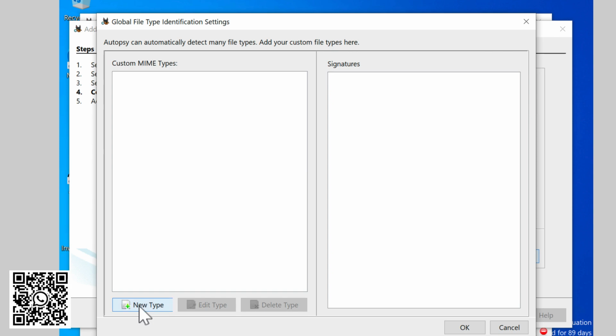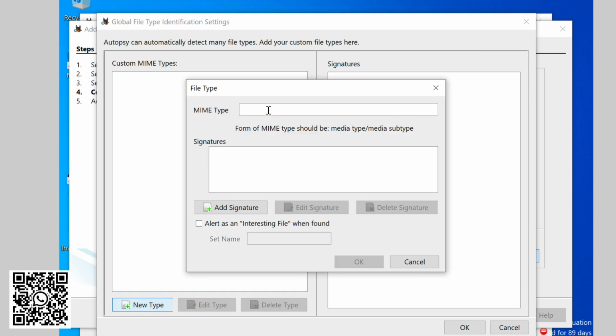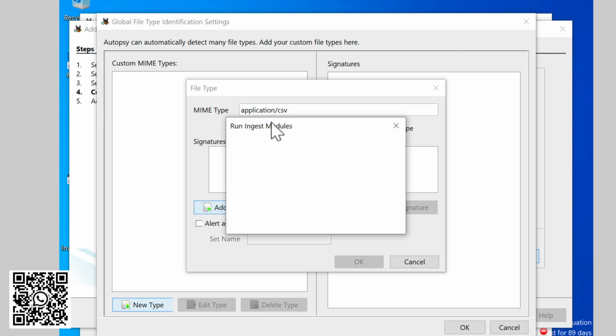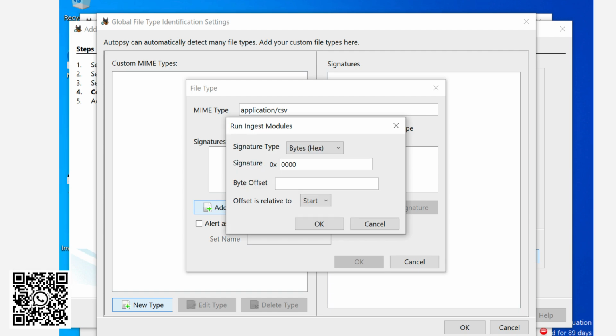Let's say, for example, if the device is from a company called Geo, in that case the device will have a different type of files in it, right? They won't be using normal files. So in that case, there are tools in Linux that allow you to find the MIME type, and you can just click on add signatures, and it will add a custom file type inside your search results.